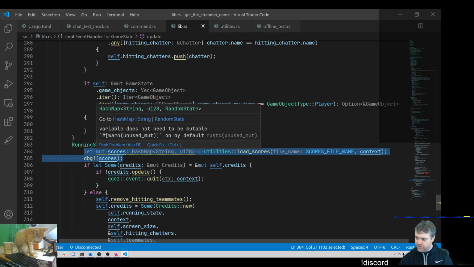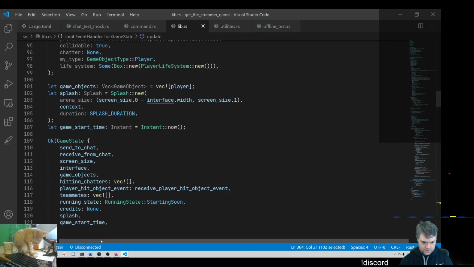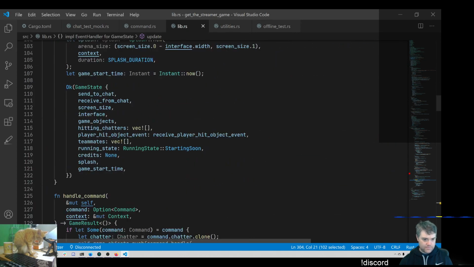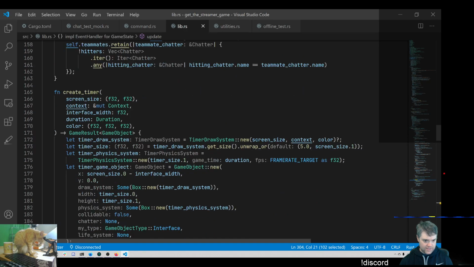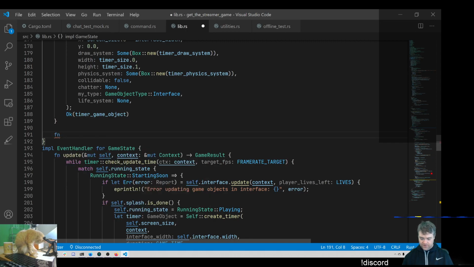And our scores should be set here. Let's actually throw this into a function off of the game state. And then I can call that from the new game. So here's handle command, here's all these. All right, so right here we're going to do a private function, sort of like update scores. How do I want this to be? I'm not exactly sure the name I want to give it yet. Basically, as soon as the game ends, I want to load the scores from disk, update all the scores,